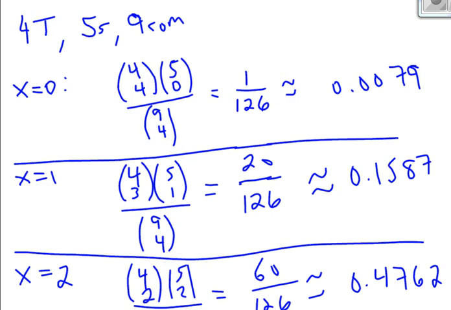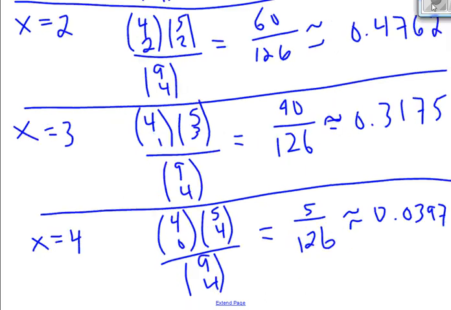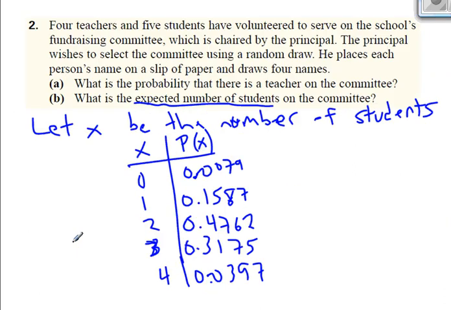I'm going to press pause in the video, but you won't notice it, so I'll see you in a split second. Here I am. And look, things are different. So I went through and I calculated the probability that there are 3 students and that there are 4 students, and I filled them into my table. And of course, I checked to make sure that I did my math right. And the way to do that,